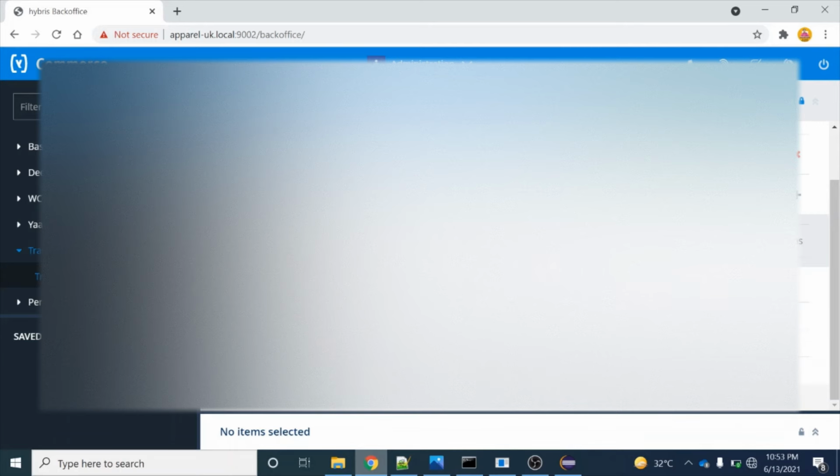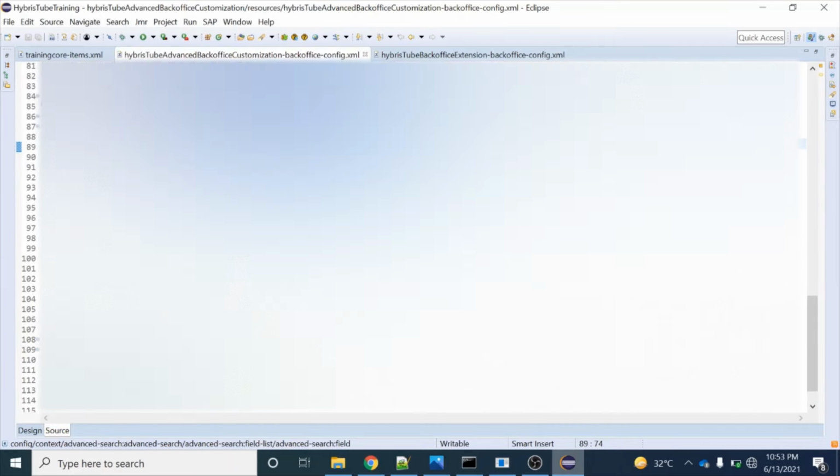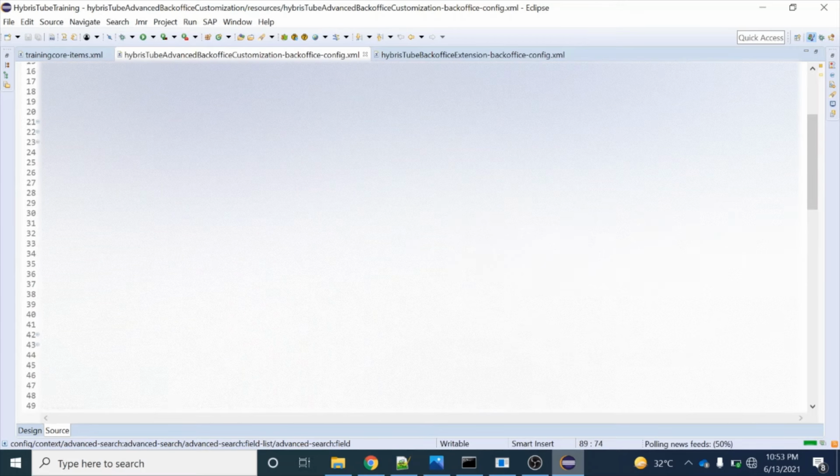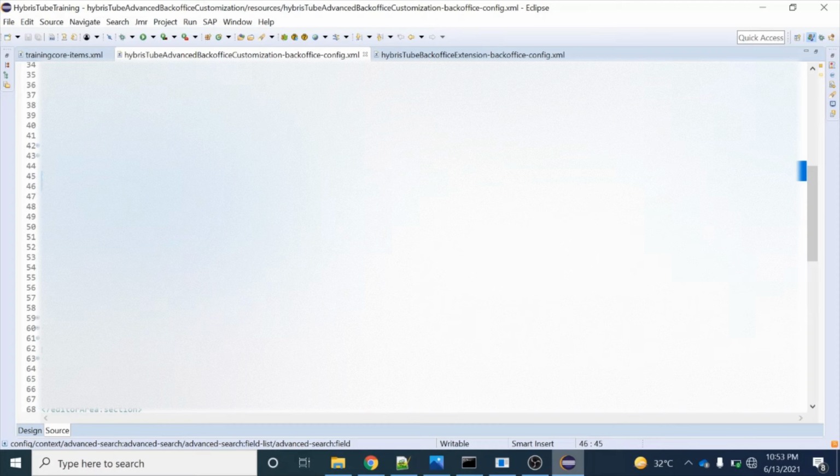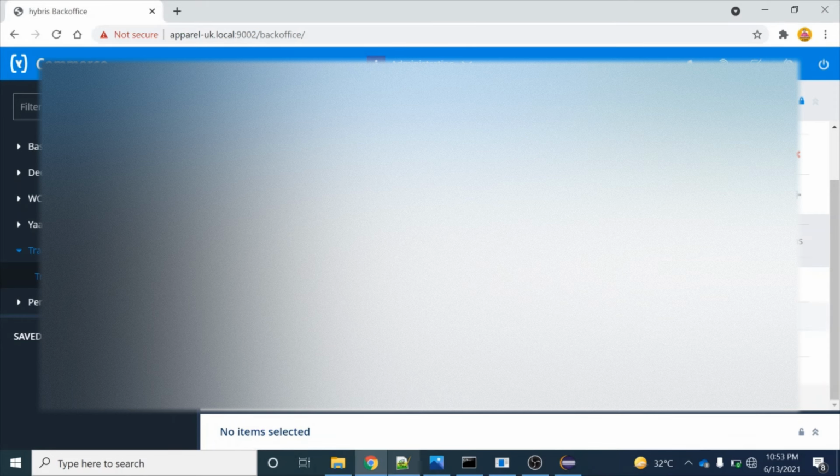Why do we have four columns in the list view? Because we have given this configuration of the list view. Over here you can see I have given the code, name, description, and catalog version. That is why I am seeing these four columns.